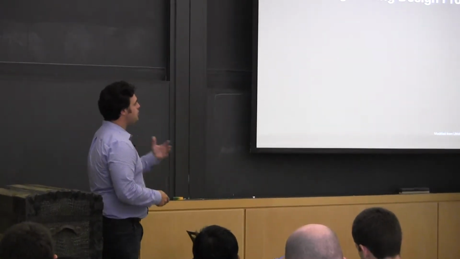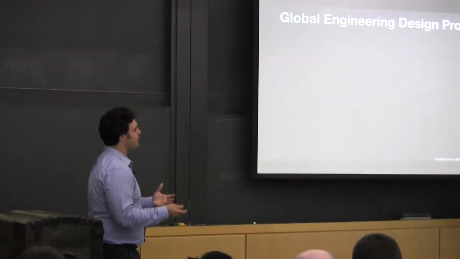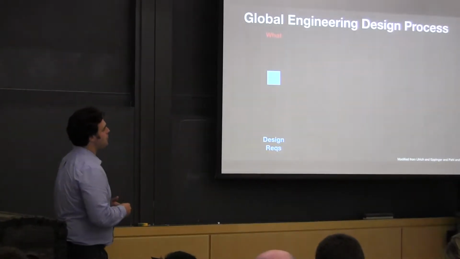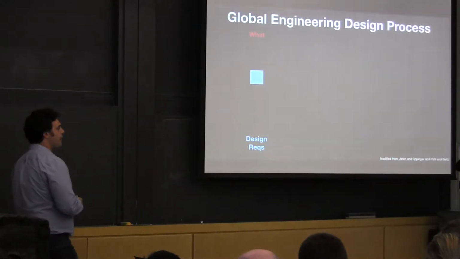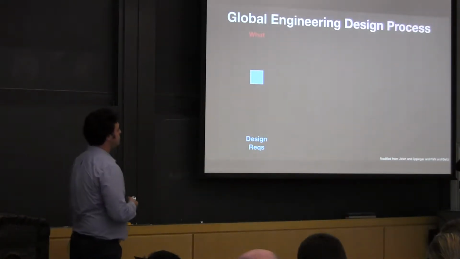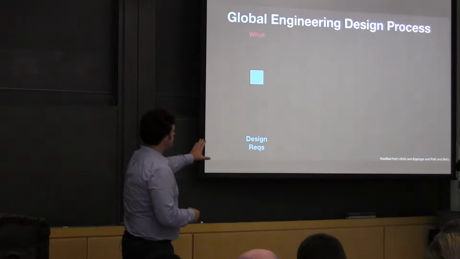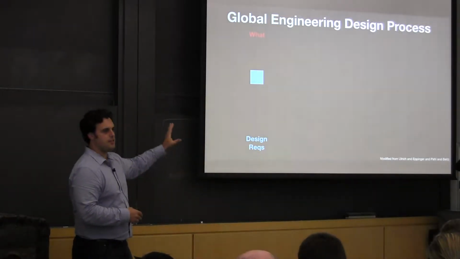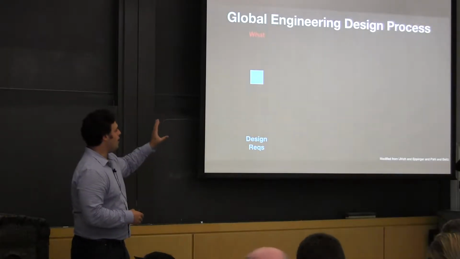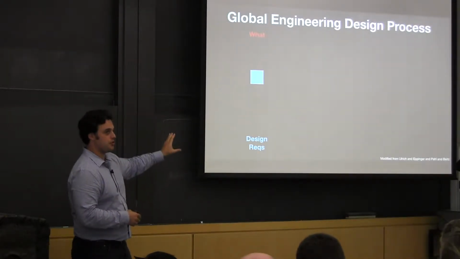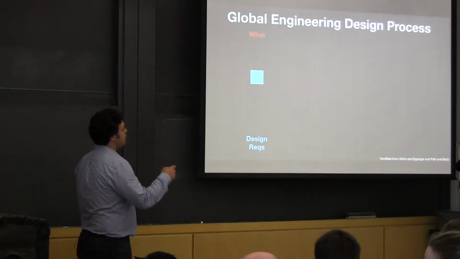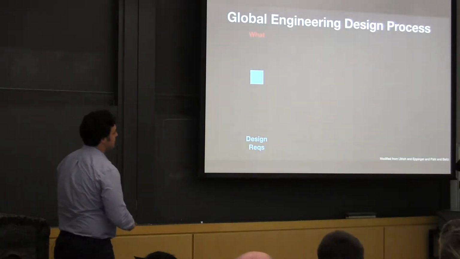So the process we're going to use in this class is kind of a variant of the two, and I think it's actually more built on the one used in 275 and kind of based off Ulrich and Eppinger as well. But in the class, you're going to start by trying to figure out what your design requirements are. This is going to be a really important part of your strategy presentations, which are the first ones in the class, and you're going to have to talk about what you want to accomplish in your projects.